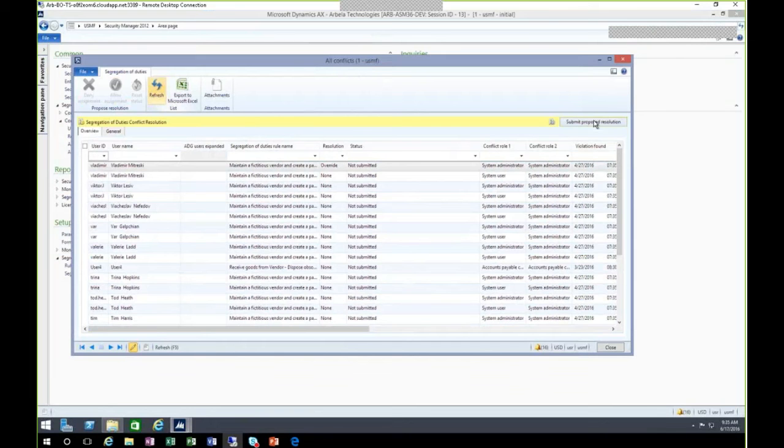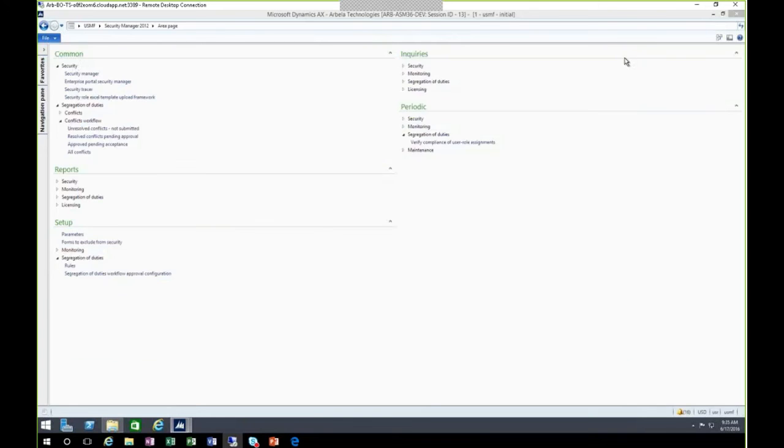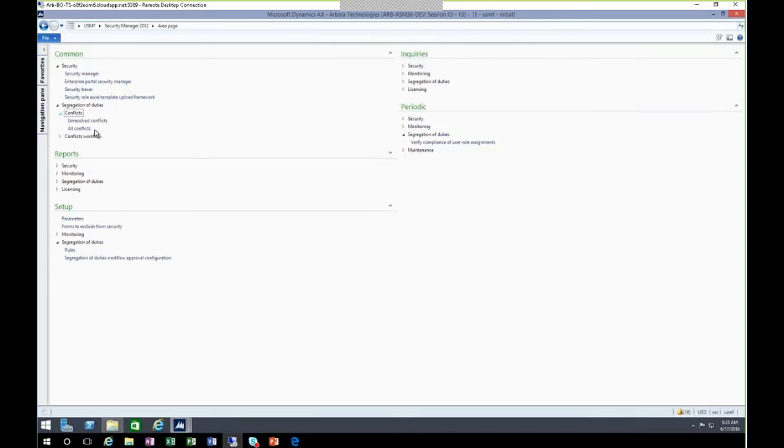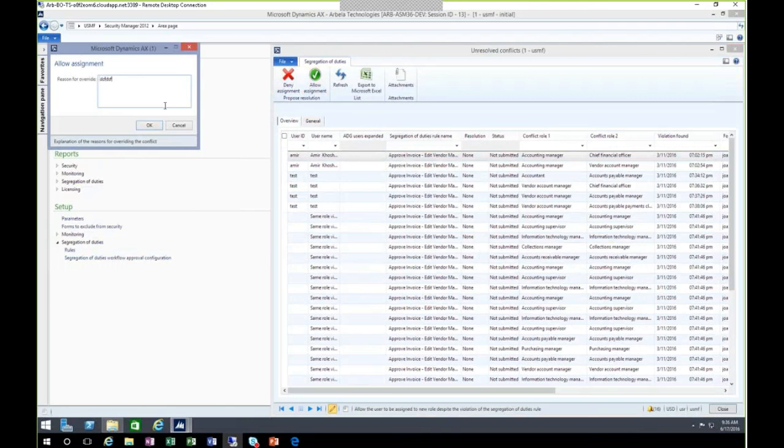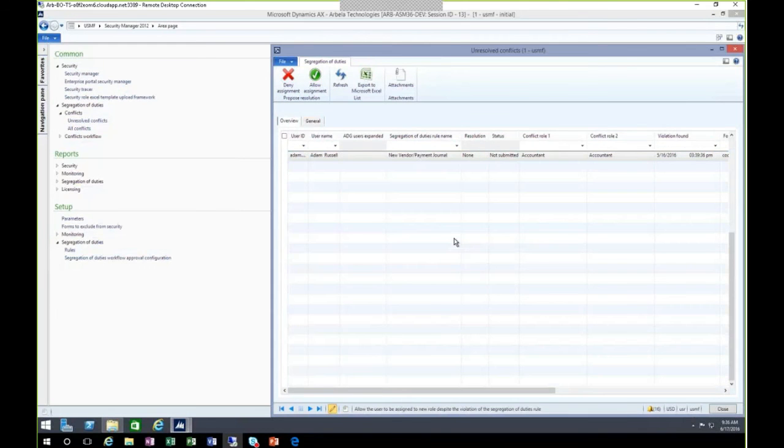Because I had the workflow set up, now I can submit this to workflow. The workflow is simple to set up, and we have templates that you can start with. It can be one-step approvals or as many as you want. You can choose not to use the workflow and instead use the standard approach. The standard approach is much simpler. It does not require an approval. I propose a resolution, and that resolution is now law. That's the last step for the standard approach.